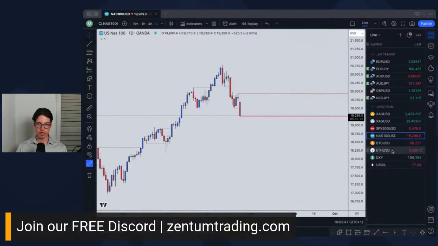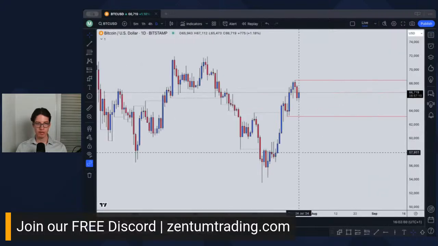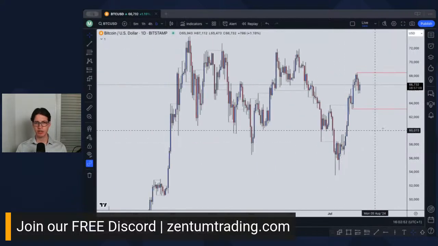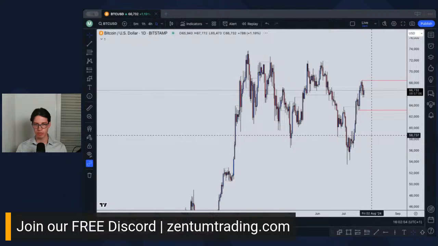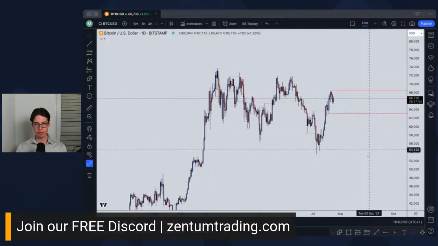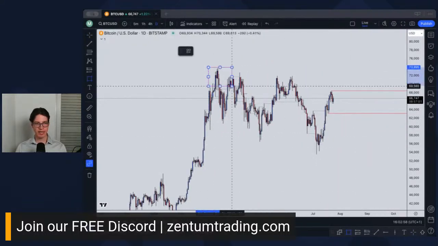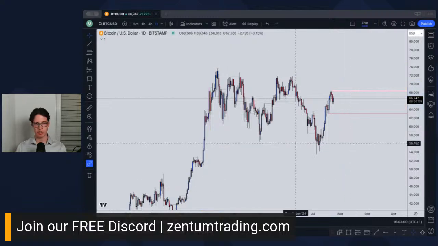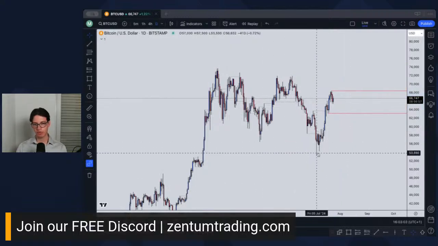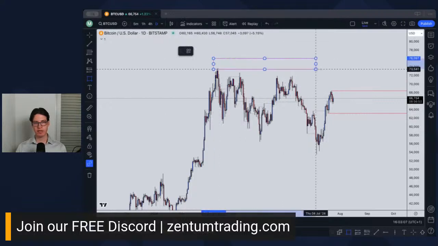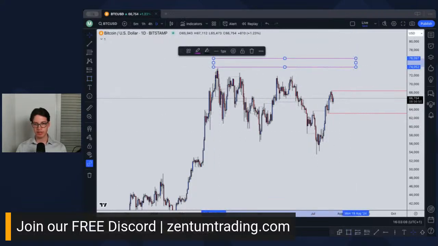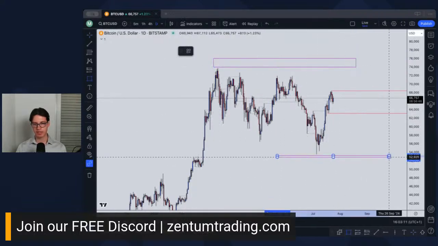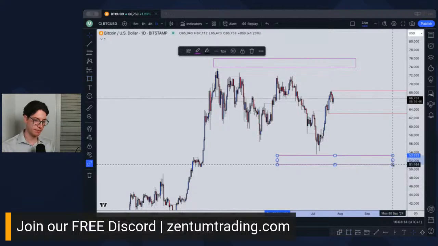Now I really want to check out Bitcoin. What has Bitcoin been doing? Let's do the daily chart because it doesn't really make sense to go lower. Still in this range. So Bitcoin is still flat, corrective, and range bound in this area. Sure, we broke the major low, but we got a huge wick and heavily rejected that area. So my areas of interest on Bitcoin are still going to be here above this one and below this level right here. Okay. Let's see how we react in those areas, how we approach those areas, and if maybe we can get some nice